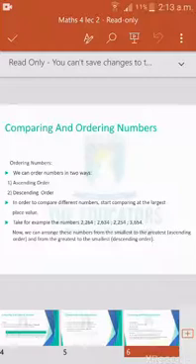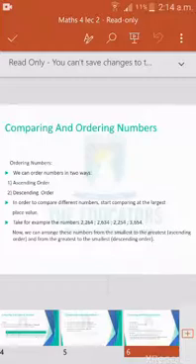Then we will talk about descending order. What happens in descending order? In descending order, we put the largest number first and then we go down towards smaller numbers. For instance, we would write 10, 8, 6, 4, 2, 0. That would be descending order, since we are putting the largest number first.